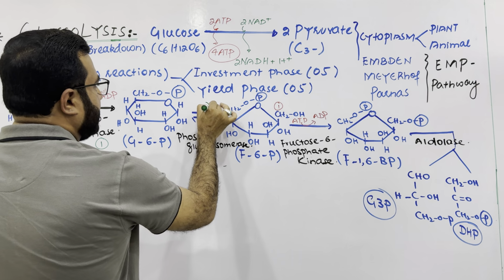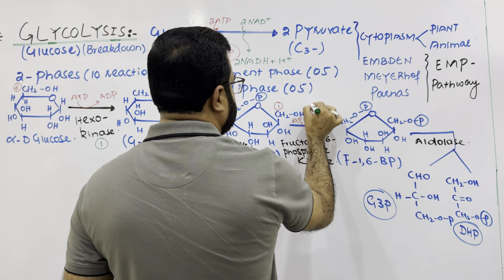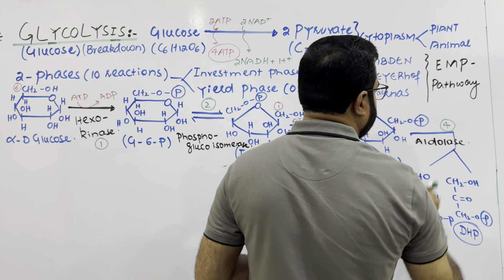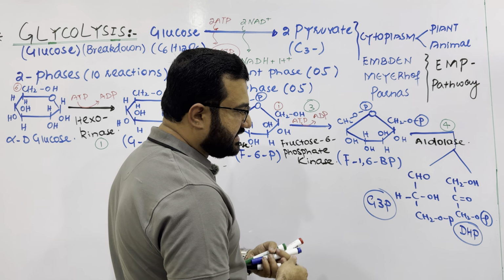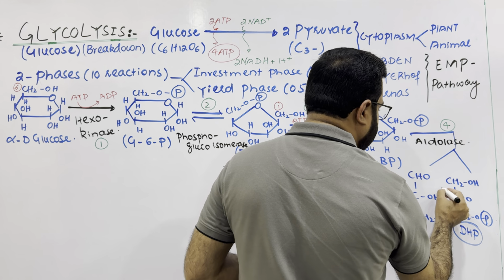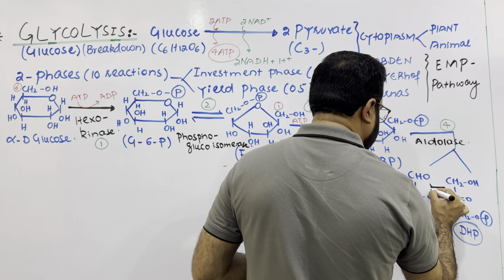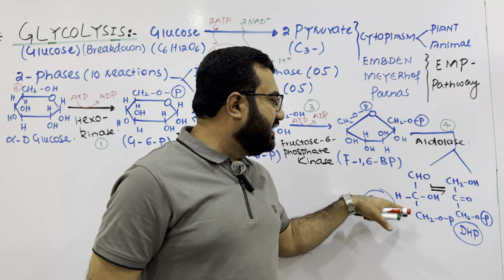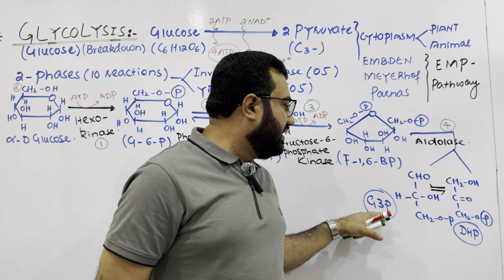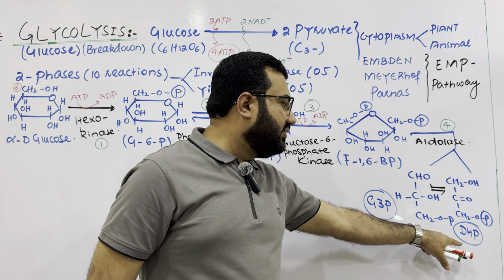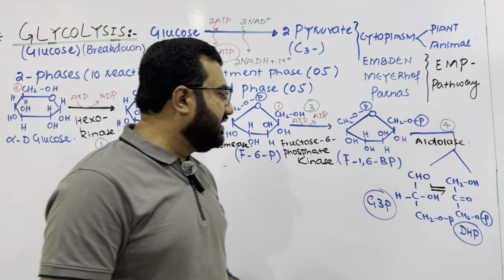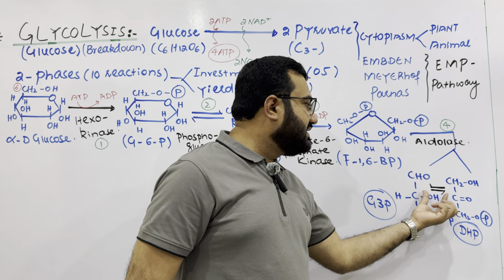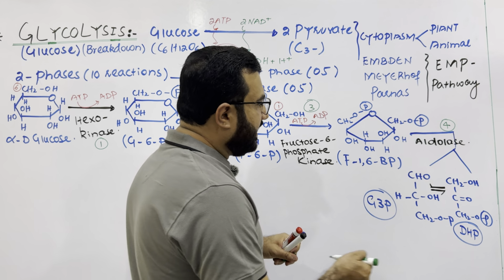It was the second step. This one was the third step. This one is the fourth step. And in the fifth step, this dihydroxyacetone will be changed to this G3P, because the glycolysis process next will happen with G3P, and dihydroxyacetone phosphate is converted to the G3P. This is again an isomerization process. It is a reversible step, and this one is the fifth